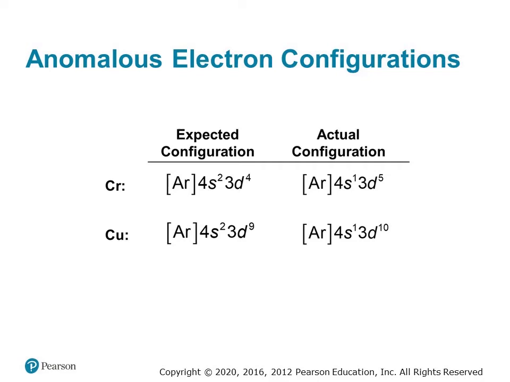Now there are two families of elements where the expected configuration of electrons is not the one observed by experiment. Actually, there are more sporadic examples, but these are the only ones that you need to know about. The expected configuration for the elements chromium and copper are shown here. Their actual configurations result from taking the expected configuration and moving one electron from the 4s orbital and adding it